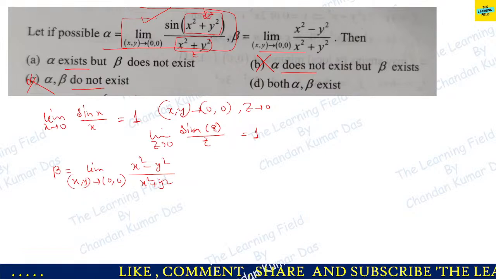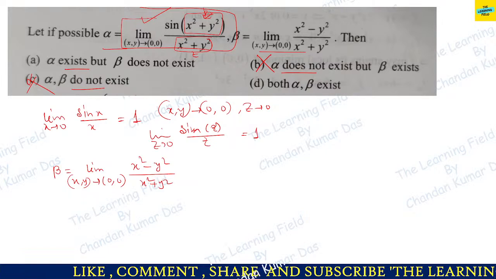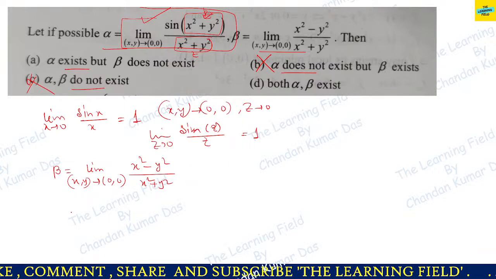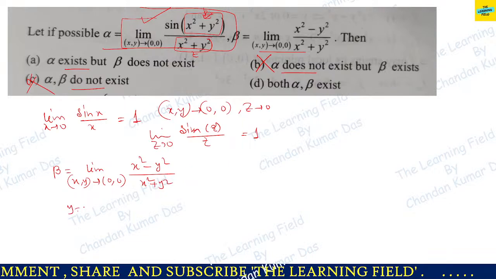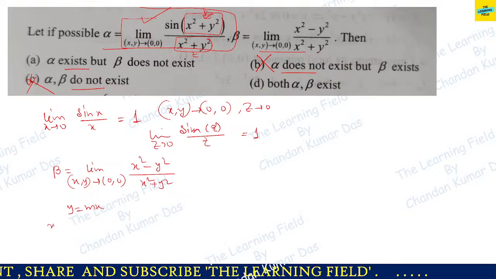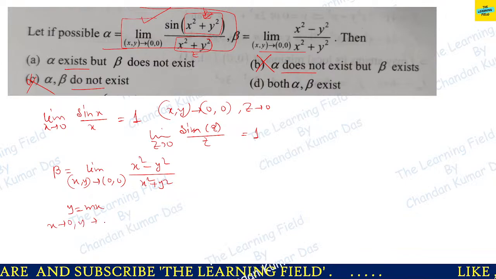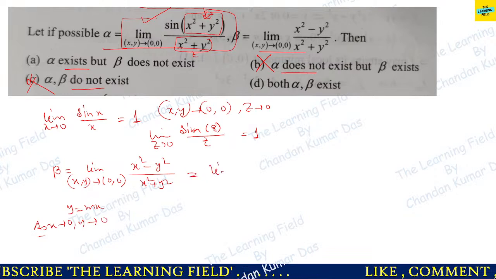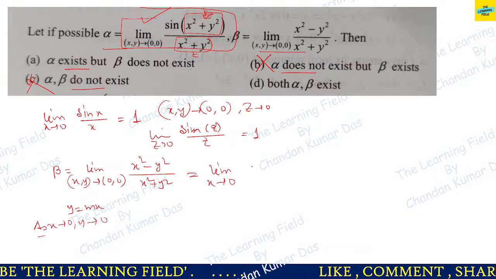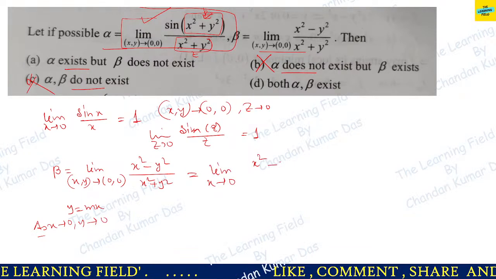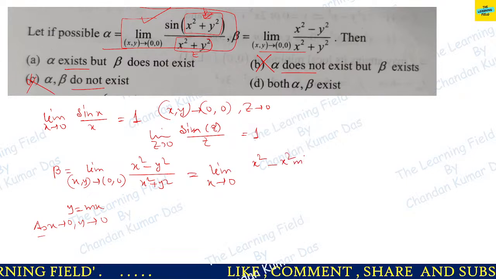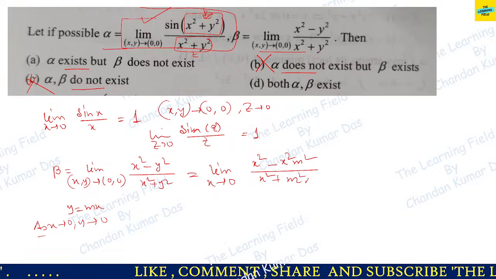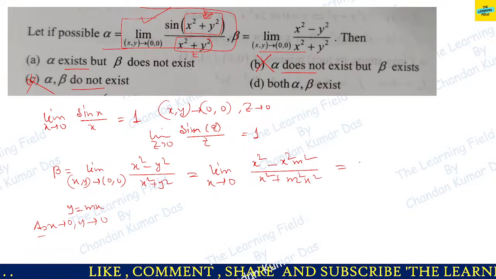See here also the degree of numerator and denominator is same, that is second degree, so we can take y equal to mx. Okay, so as x tends to 0, y tends to 0. Okay, तो ये जो बोथ डबल लिमिट है ये कन्वर्ट हो जाएगा ओनली limit x tends to 0 में. Okay, so x square minus x square m square by x square plus x square m square. ठीक है, सो दिस इज इक्वल टू